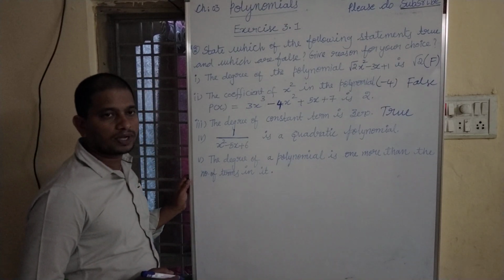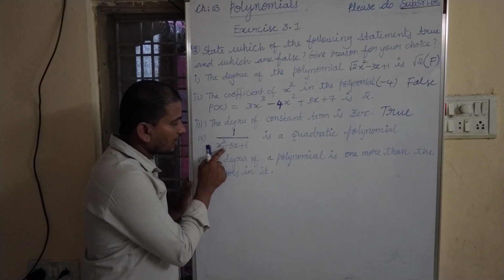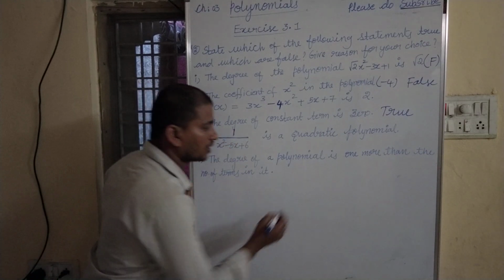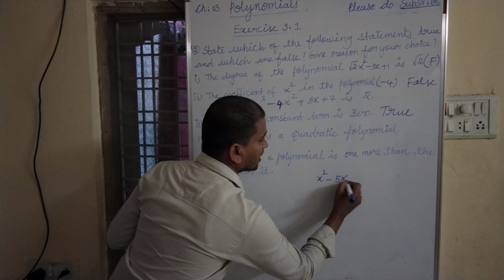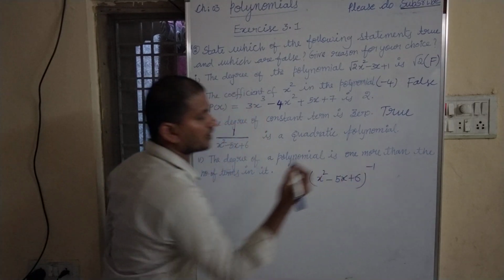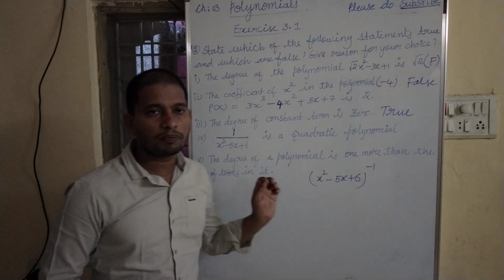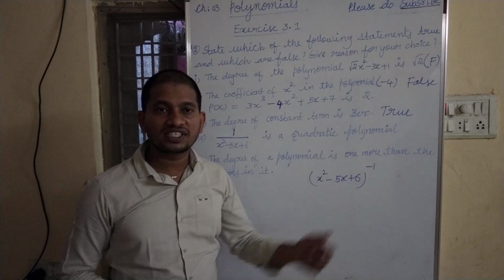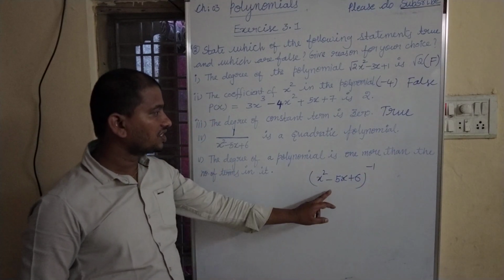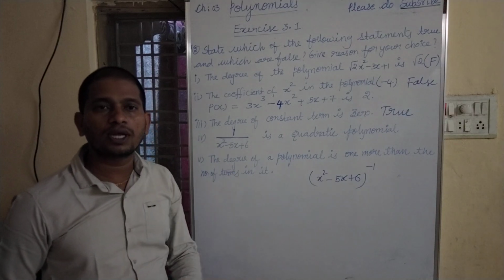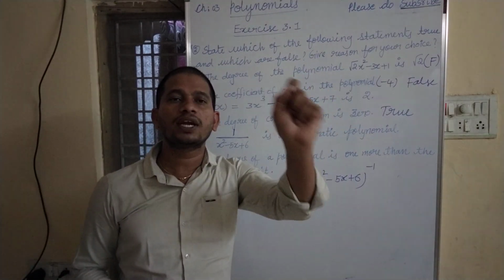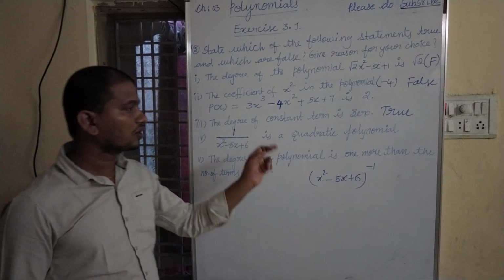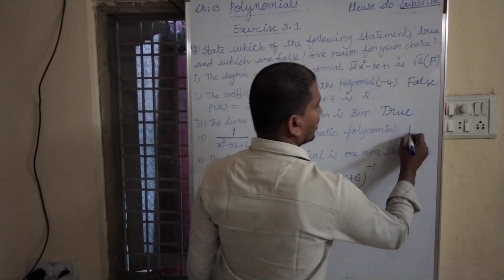No, which is not a quadratic polynomial. If we take x square minus 5x plus 6, which is there in the denominator, into the numerator, it becomes x square minus 5x plus 6 whole to the power minus 1. From the definition of polynomial, it should be a non-negative integral power. But what is the power here? Which is negative. That is the reason it is not a polynomial first of all. Polynomial in the sense whose power should be a non-negative integral power. So it is not a quadratic polynomial. So which is also a false statement.